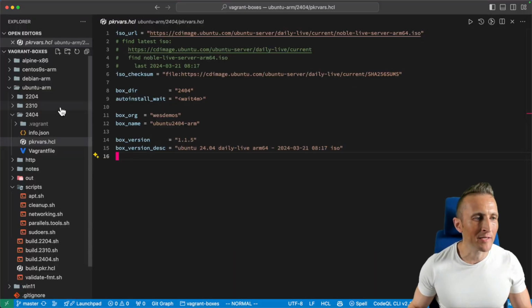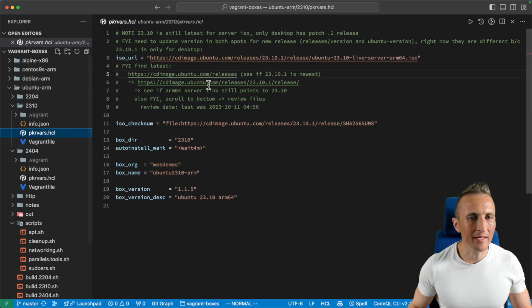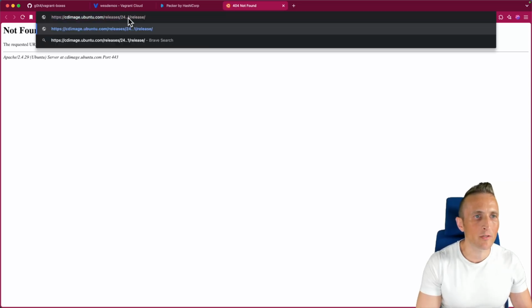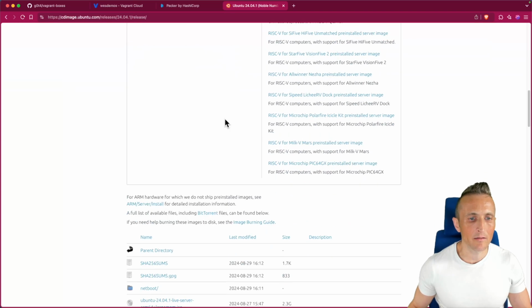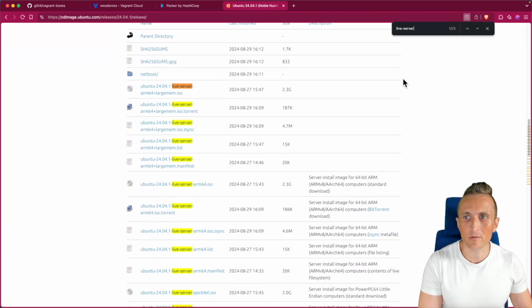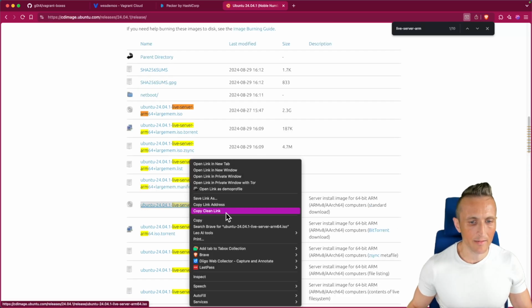I've got a 23.10 build, and if I come under the variables for this, got a link in here I can manipulate. I can click this link right here. That'll give me the 23.10 release, but I don't want that. Instead, I want this to be 24.04, and I believe .1 is the most recent patch release. All right, so there's .1. And now if I scroll down here, down at the end of the file, I should see a series of ISOs, live server ARM. So I'm going to go with this one right here, copy that link here,